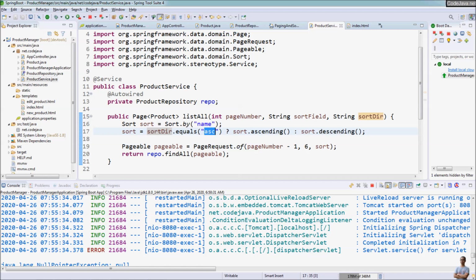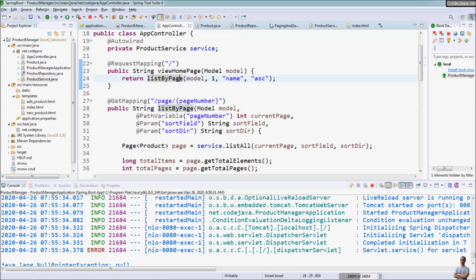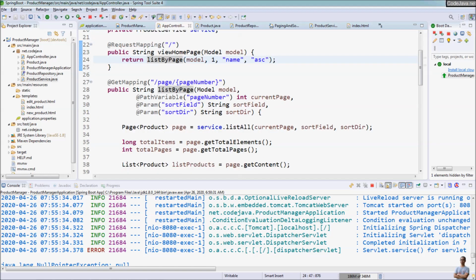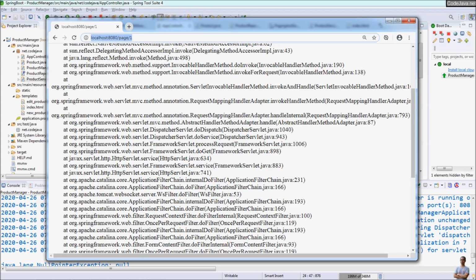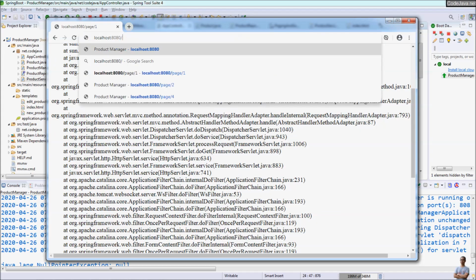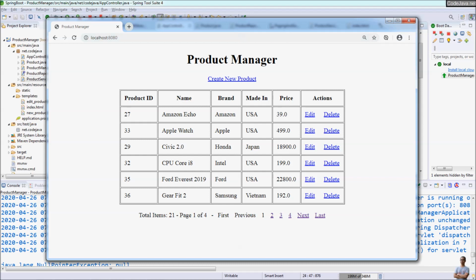We had null for sort direction in the web controller. So we need to go to the home page, and it displays correctly,